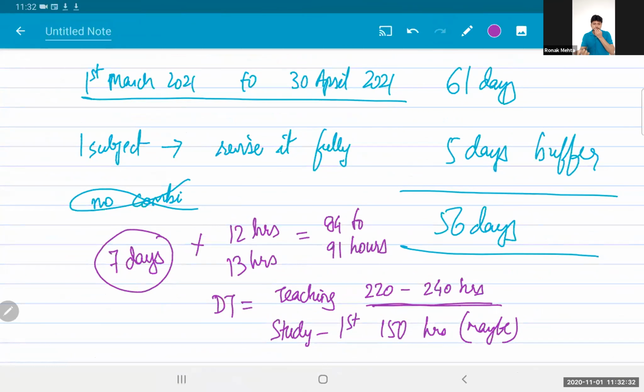I was speaking specific to my subject because I can be that specific and explain to you, okay, if teaching takes X number of hours, you will take X minus something and revision will be even lesser. Likewise, SFM, FR, law, audit, there'll be many small chapters and there'll be many huge chapters in each subject. So revision, if possible, just restrict it to 7 days so that you don't affect the revision of other subjects.